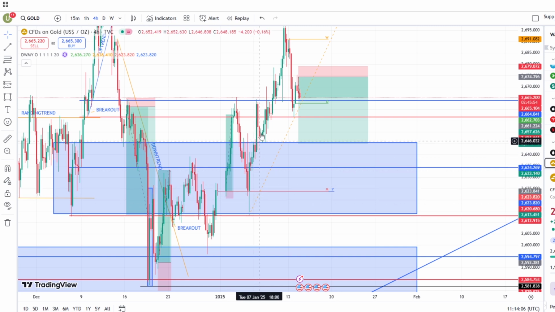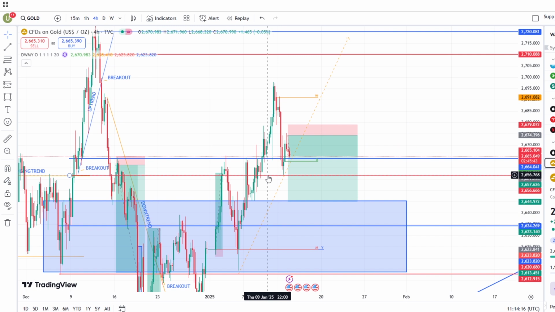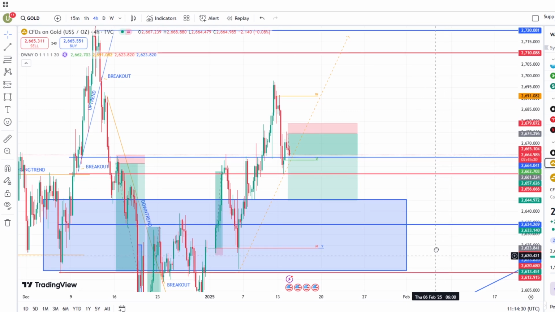and then it went up, tried to break above, fell back below the fractal high, and then broke out, gave us a retest, gave us a new fractal high. You see, so we had a higher high, and then here's our new higher low. I think I'm gonna take a buy myself on gold,